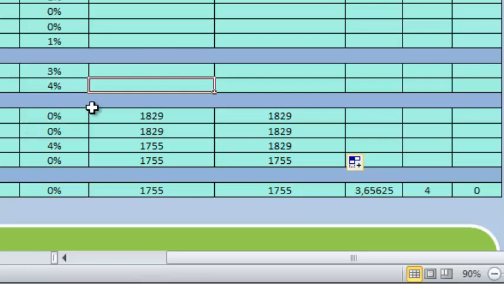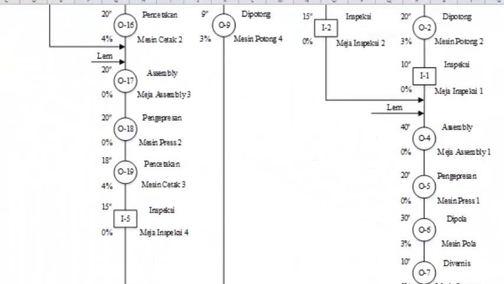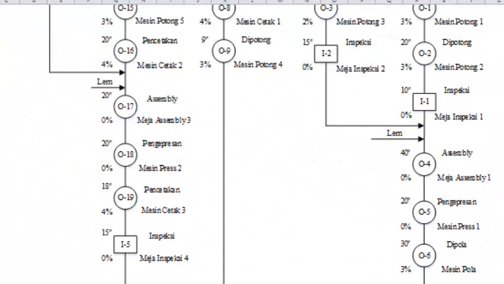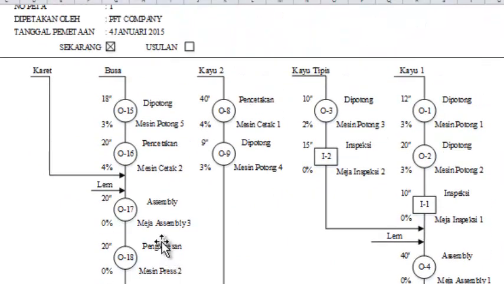For filling the number of products that are requested or demand in operation 16, you have to check the next process after operation 16 in operation process chart, which is operation 17.